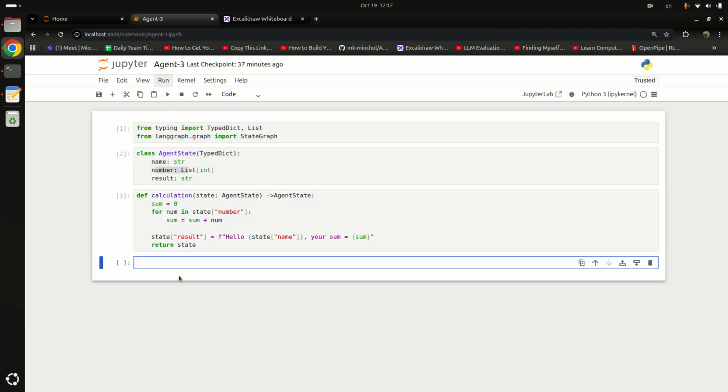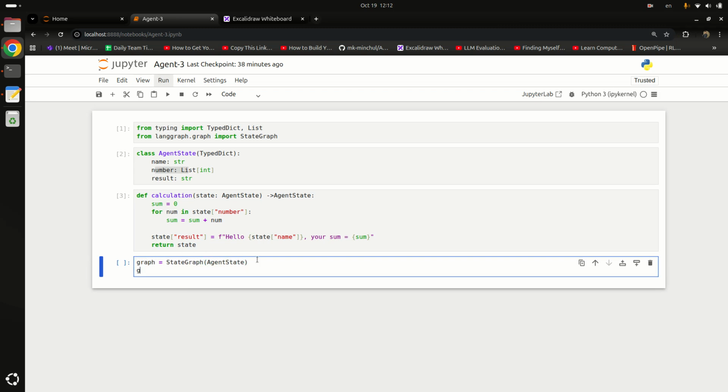Let me run it, and I will build the graph by using state graph. Let's store it in graph variable, and to add the node I will call the function graph.addNode. And here will be the name of our node. Its name is calculation or whatever you want. For now I am saying its name is calculation.